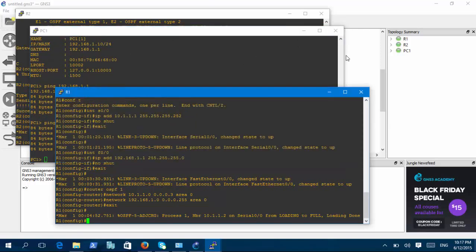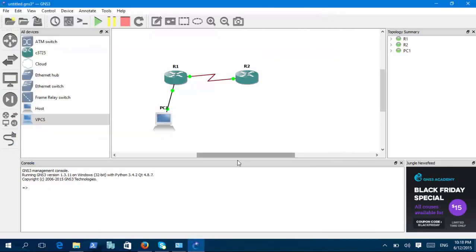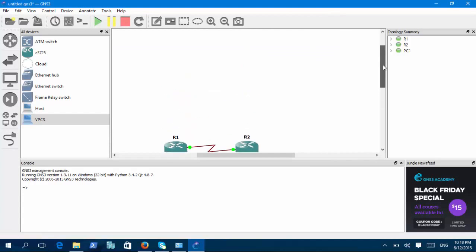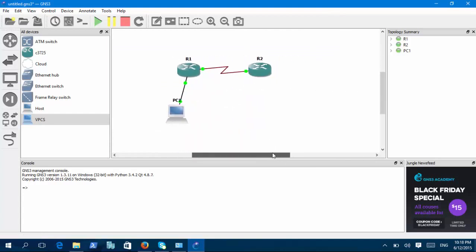So yep, that's a simple topology to show how GNS3 works and how you can set up your own lab environment and test Cisco lab files, so you can practice all your lab stuff here. So I just want to show you something real quick. If you do not like the terminal,